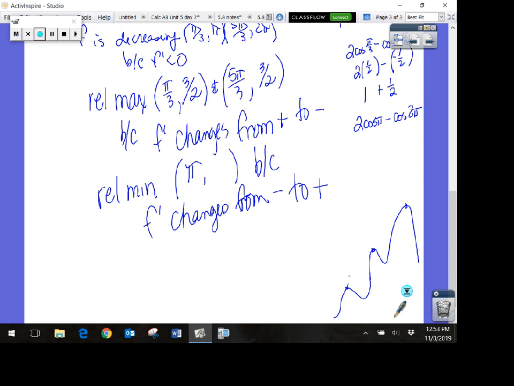So cosine of pi is negative 1, minus cosine of 2 pi is 1, so negative 2 minus 1, negative